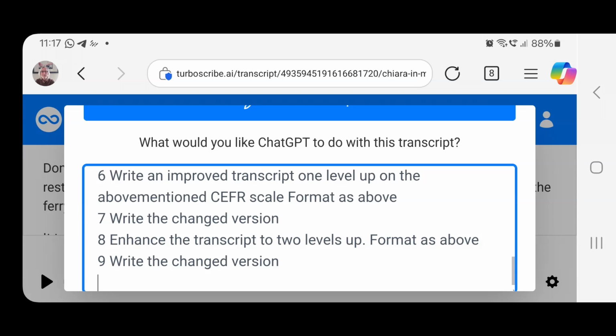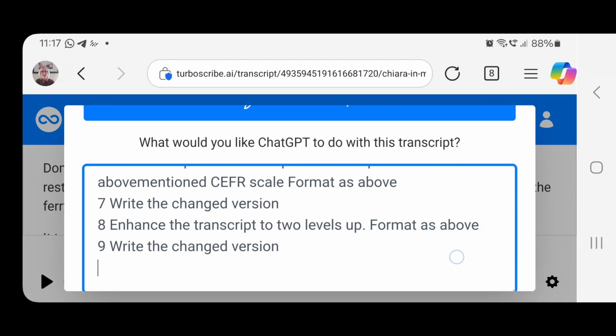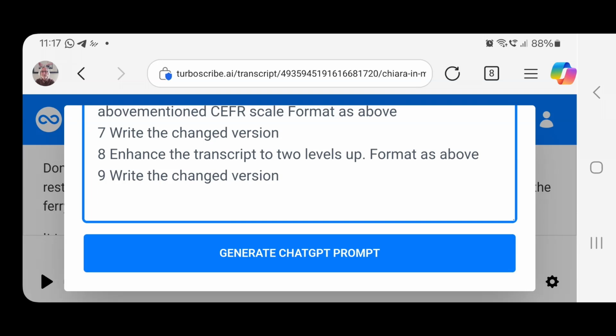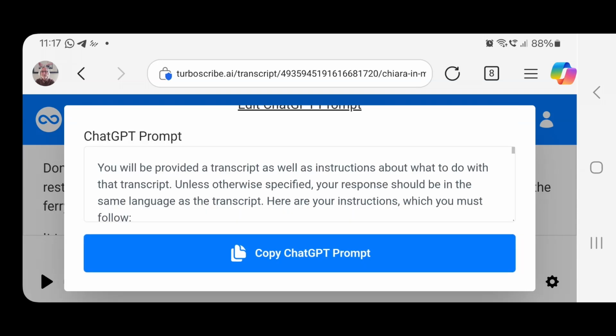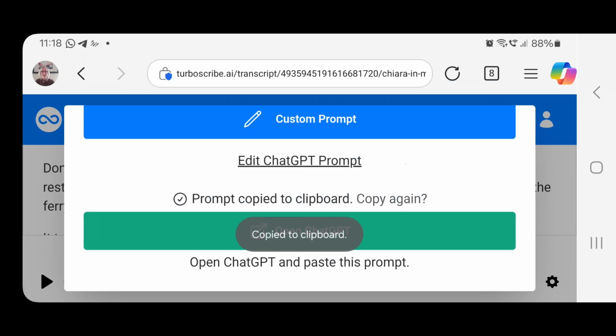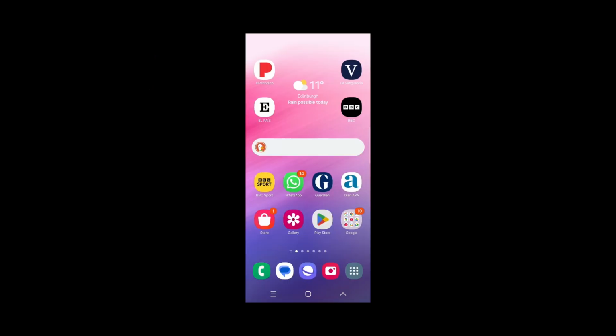The student then should click on Generate ChatGPT Prompt, copy ChatGPT prompt, and then open the ChatGPT app and paste in the long prompt.